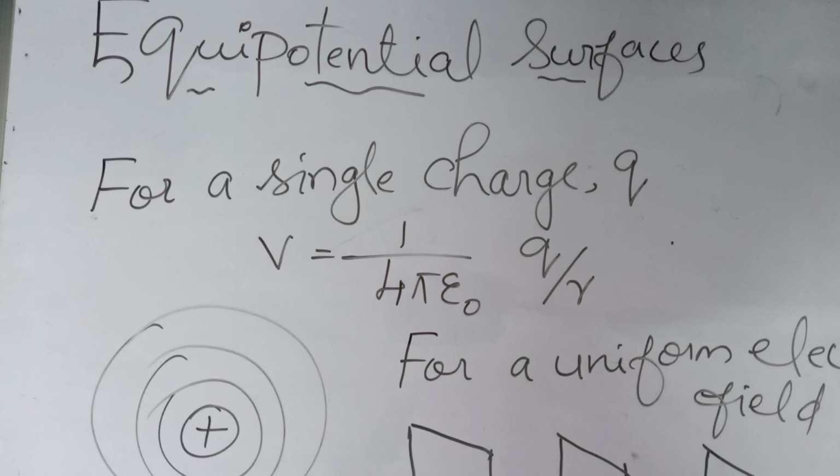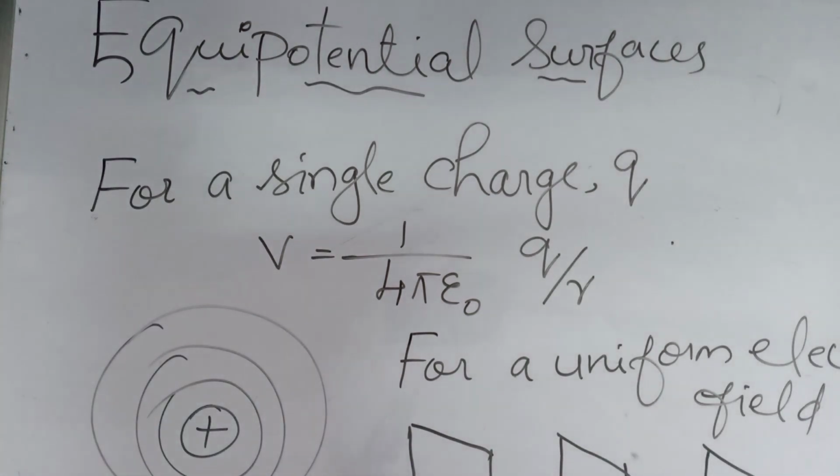First, there is no potential difference between any 2 points, so no work is required to move a test charge on the surface. And the second thing is that for any charge configuration, the equipotential surface through a point is normal to the electric field at that point. And here we can see that for a single charge,